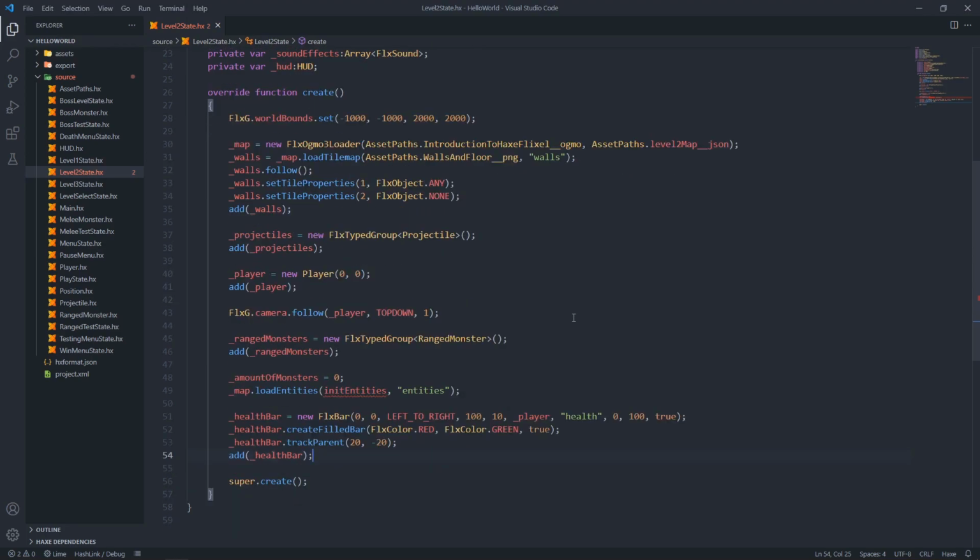We add the projectiles to our scene. We add the player to our scene. We set the camera to follow the player. We add the ranged monsters to our scene. We set the amount of monsters to 0 and then run the function to load all the entities of our entities layer into the world,